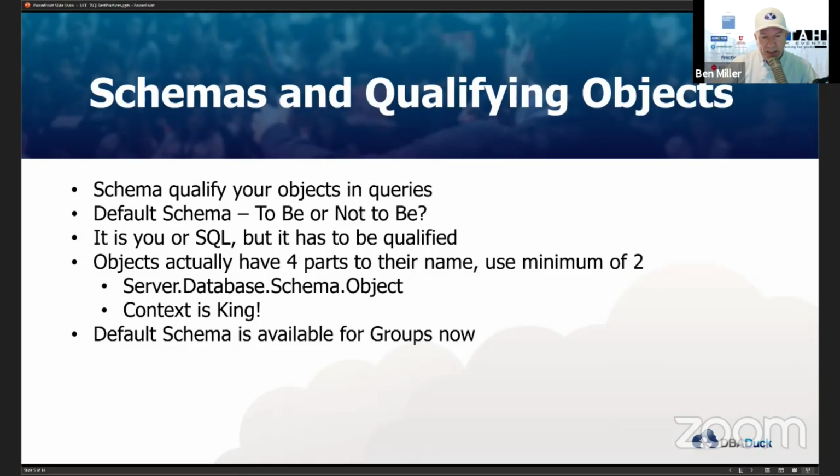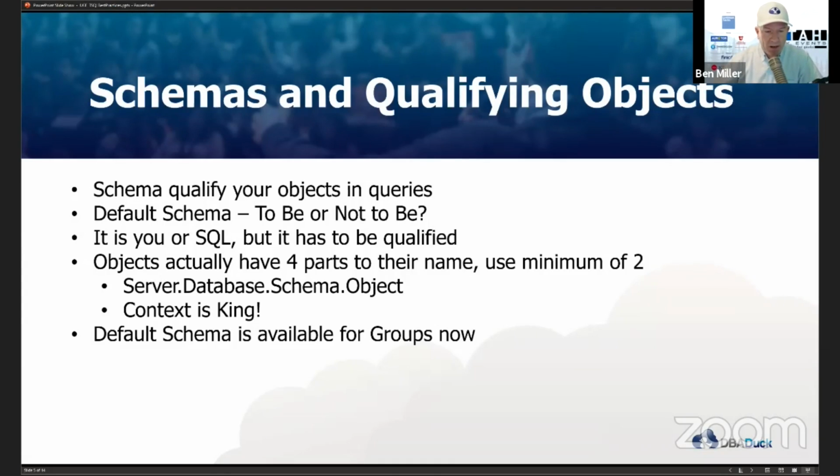The difference is that SQL Server tries to be friendly to you in that if you don't specify a schema, it will look up your default schema as a user. Now, if you just create a user and you don't specify a default schema, your default schema is your username. So if my username was Ben and I created a user, granted access to the database, and did not set a default schema, my default schema is Ben. So what SQL does when you query an object called people under the DBO schema, sorry,